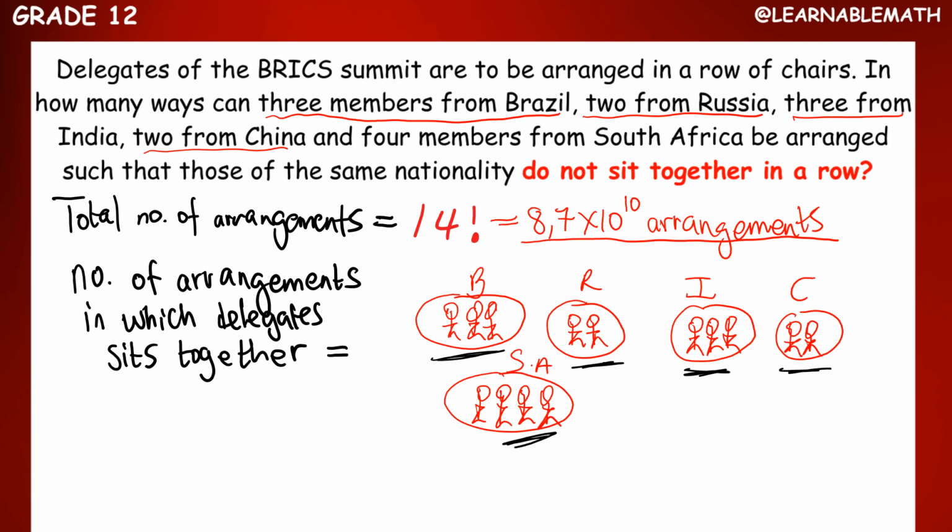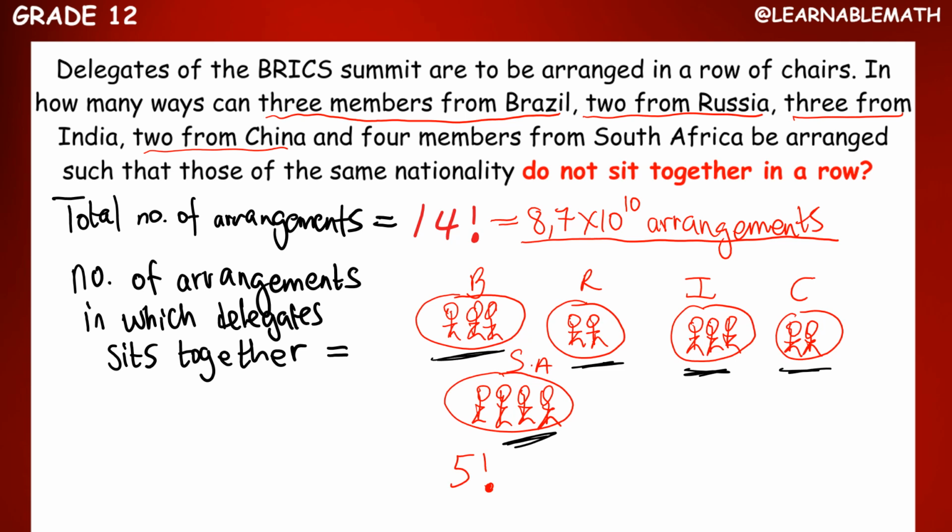Okay, so this can be arranged in what? In 5 factorial ways, because we have 5 different units to arrange. They are seated together, they must move together if we place them in different positions. So we consider them as one unit, and we have 5 factorial ways. But remember,